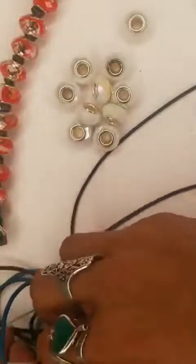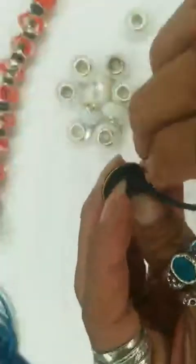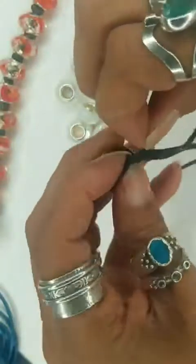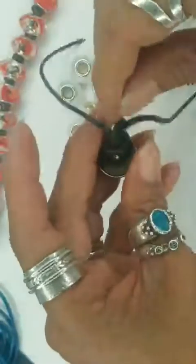Oh, here's one with a button already on it. Maybe I'll use that for something. This nice black faux leather, let's use it, shall we? All right, I'm gonna just undo this button. Let's do a nice black and white. It's a good classic. And I like doing it with this thicker one. This is technically a 1.5 millimeter faux leather, but it feels more like a 2 millimeter. But you can kind of cut and burn this so that it